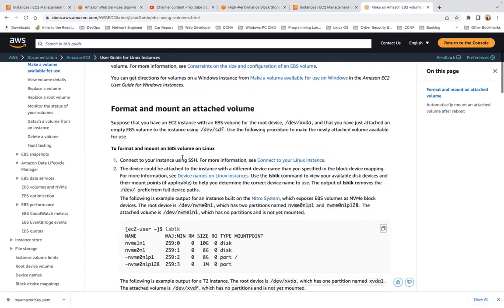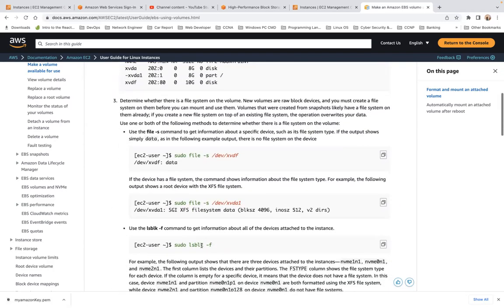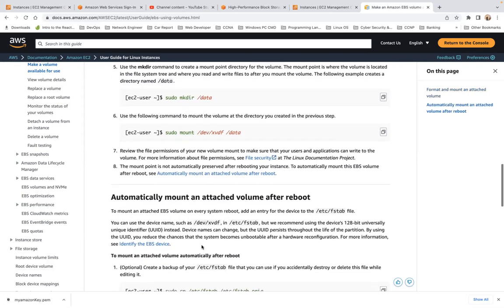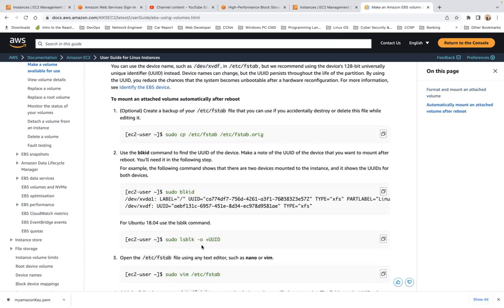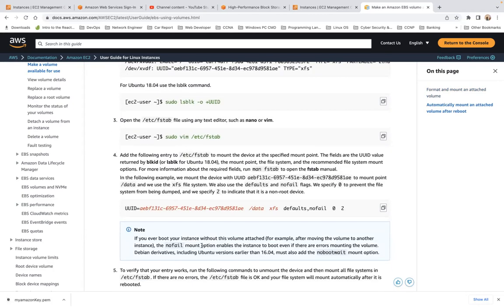So the format is this here. Format and mount an attached volume. If you want to learn more about attaching and formatting a volume, you could take your time and go to the AWS website and learn that yourself. But again,